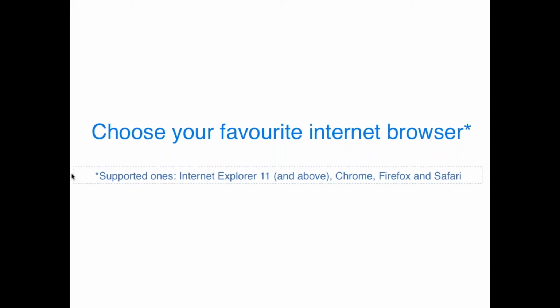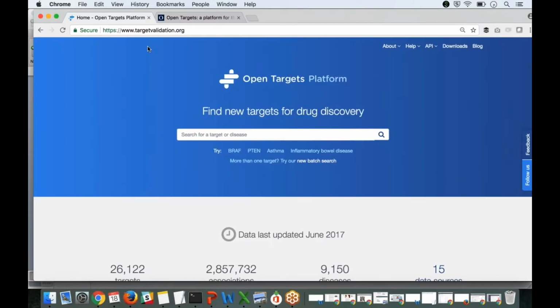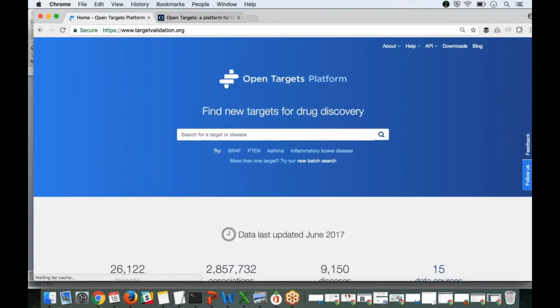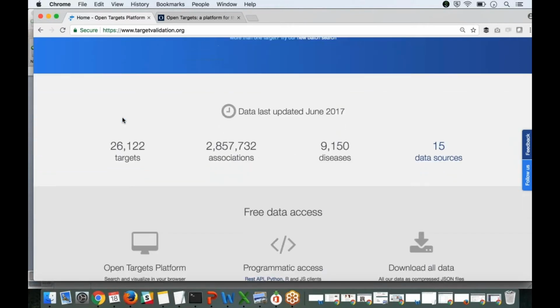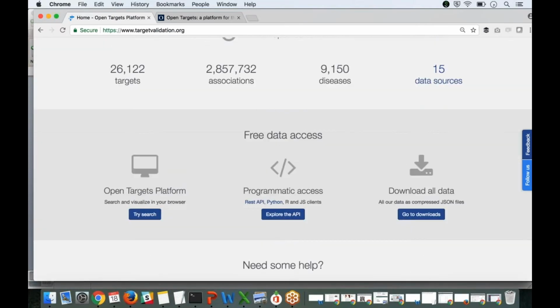If you like Internet Explorer, make sure that you use version 11 or above. In my case, I really prefer Google Chrome, so I will bring up my Google Chrome here. So here we are. You just go and search for targetvalidation.org and you will see our homepage. There's not much here that you can miss in terms of a search box, very similar to Google. There is plenty of information here that you can explore when you have time, including plenty of help and